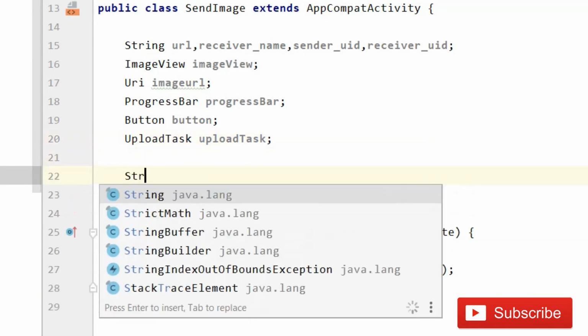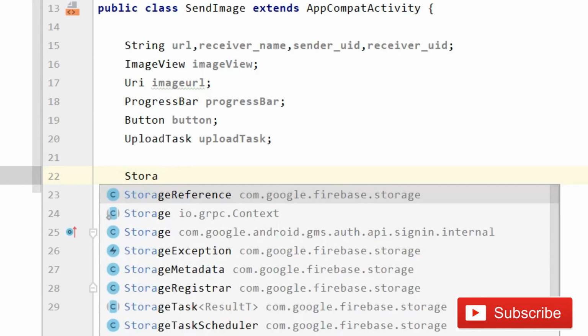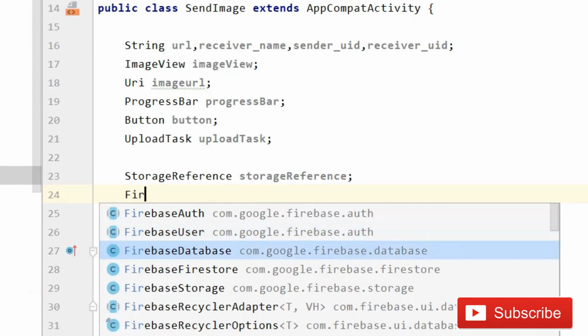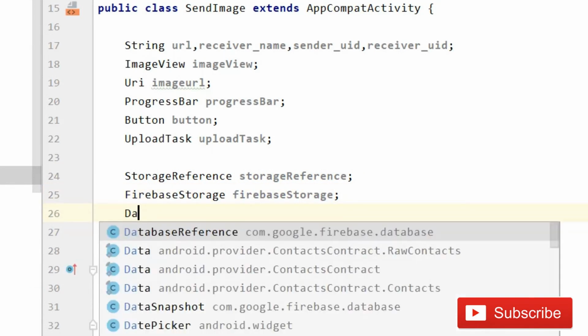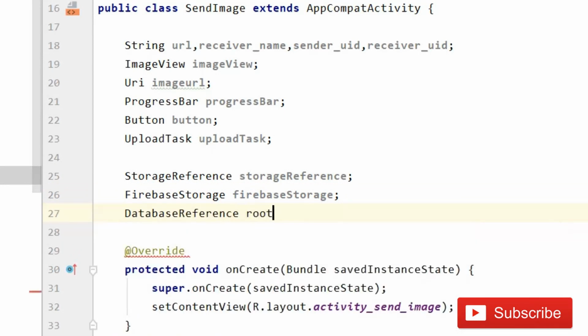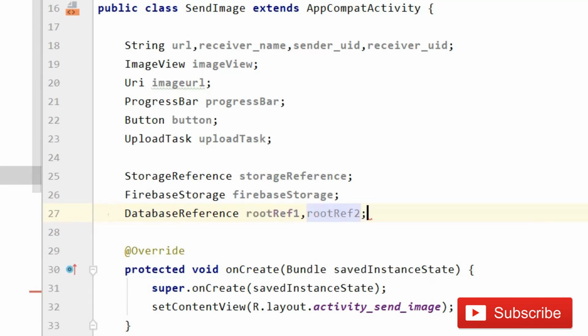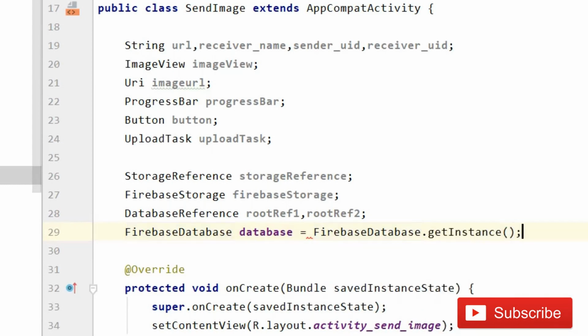And then after this we need storage reference, because we will upload an image. So storage reference, and then firebase storage. After this database reference, that is going to be root ref1, root ref2, semicolon, and then after this firebase database equals to firebase database dot get instance.